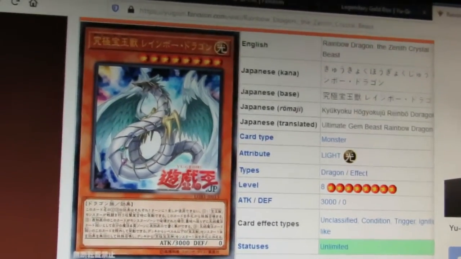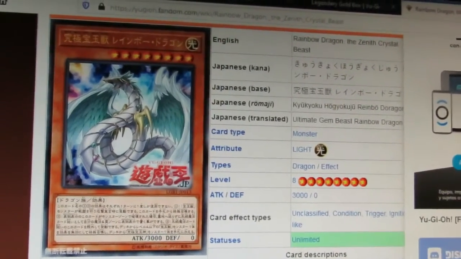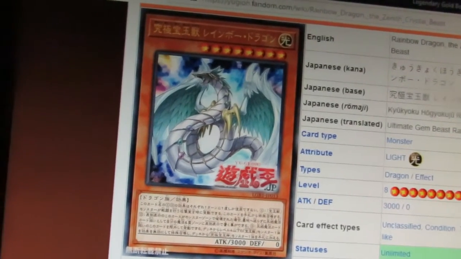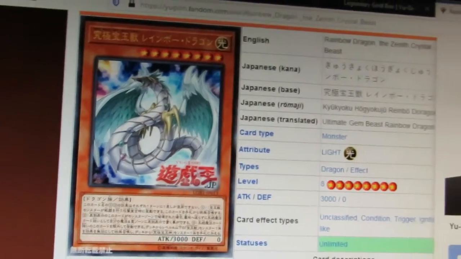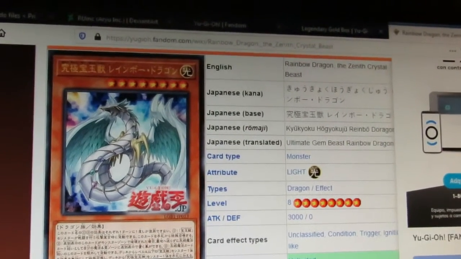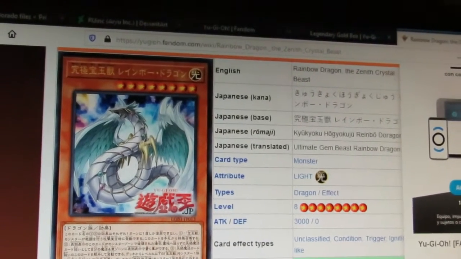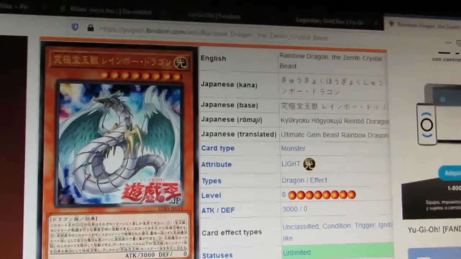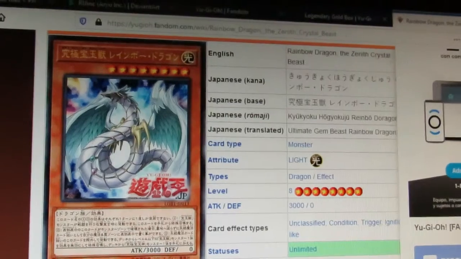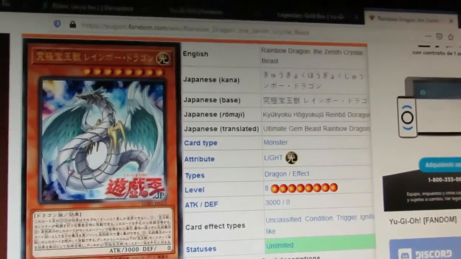So, its other effect, well, as it's a continuous spell, you can banish it to pull out another Crystal Beast, but that is negated, and you can add a Rainbow Dragon from your deck to your hand. Now, let's be real, okay? Going back to looking at every crystal deck, whether it's pure, dark, metal foes, whatever. Many of you run one of 4 different Crystal Beasts,